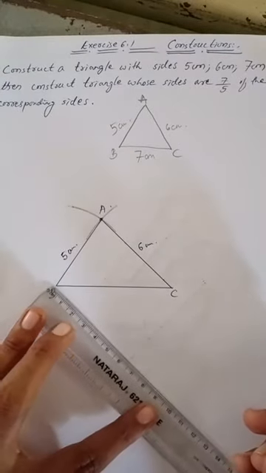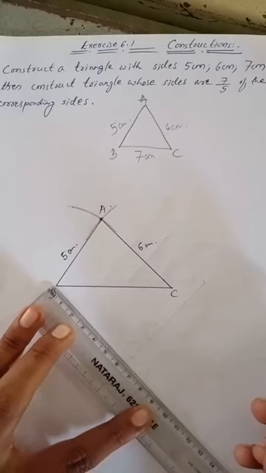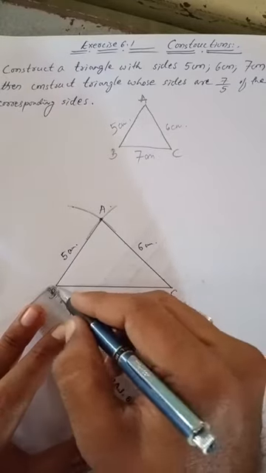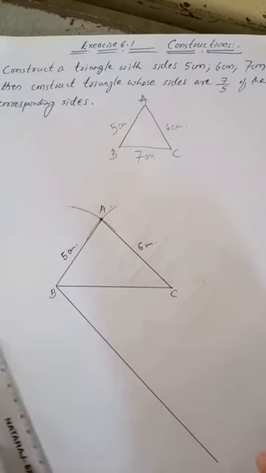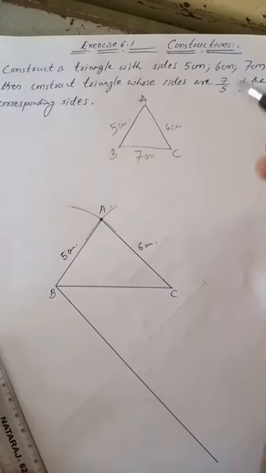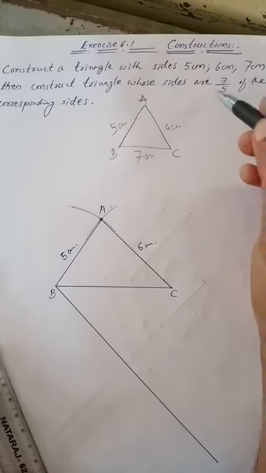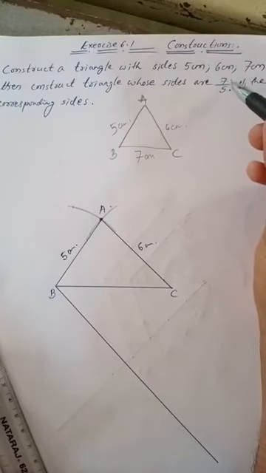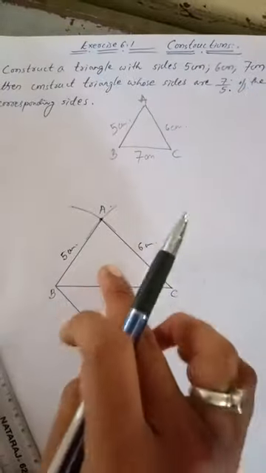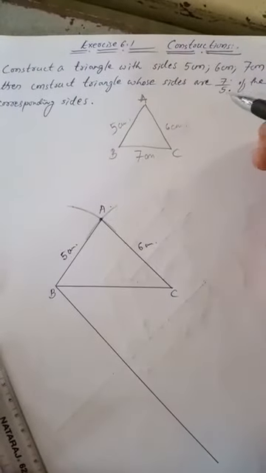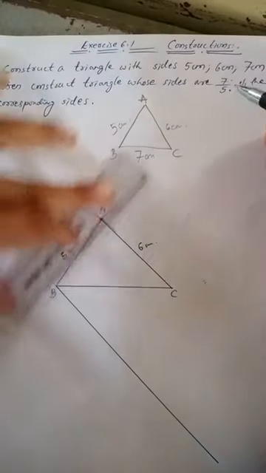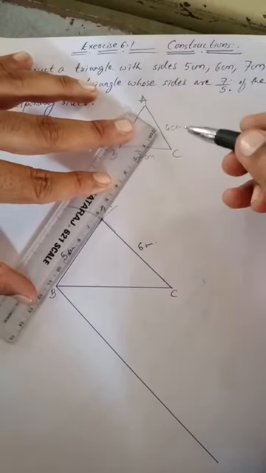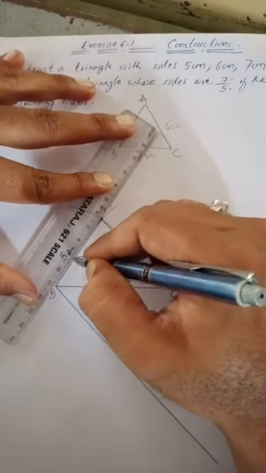The next procedure is to draw below AB a line which is called an acute angle ray, which I drew like this. Now one thing, keep it in mind, whenever in the fraction the denominator is lesser than the numerator, the new triangle is going to come out of the main triangle. So whenever the denominator is less in the fraction, do one thing, you must extend lines AB and BC always.